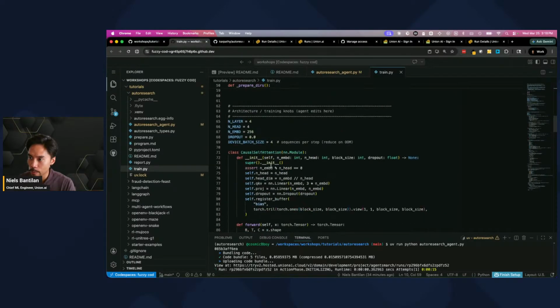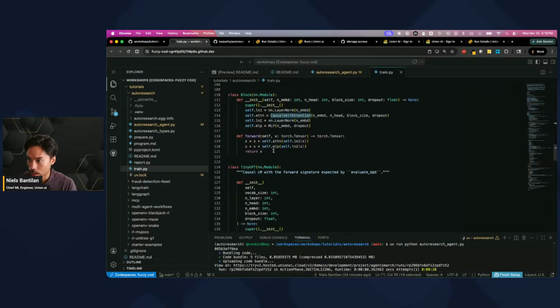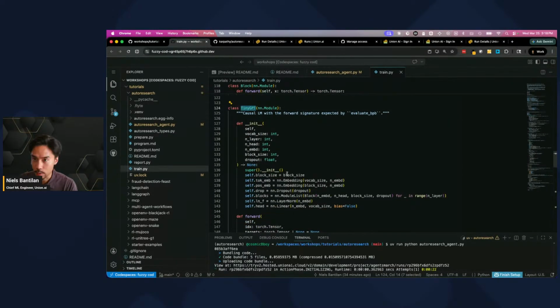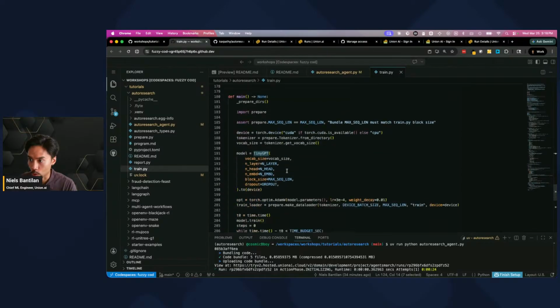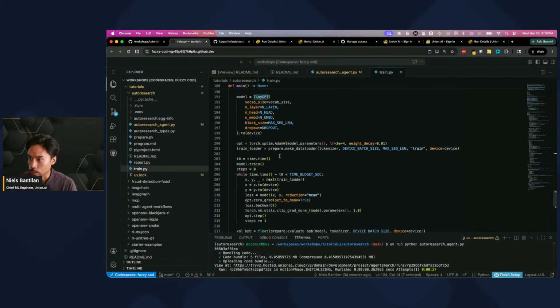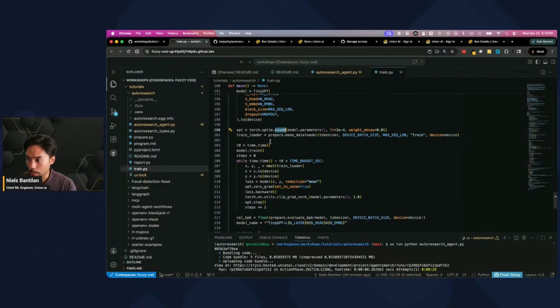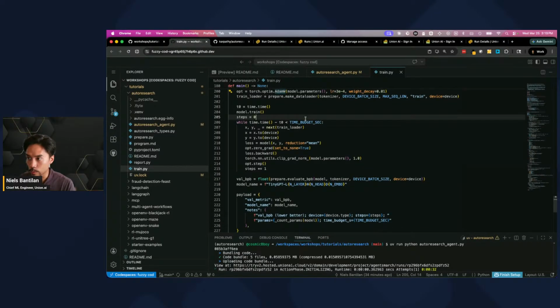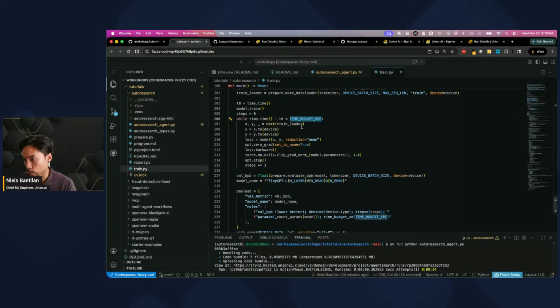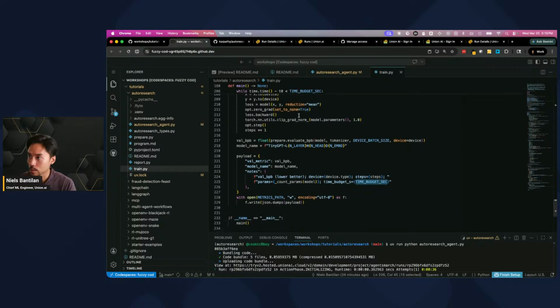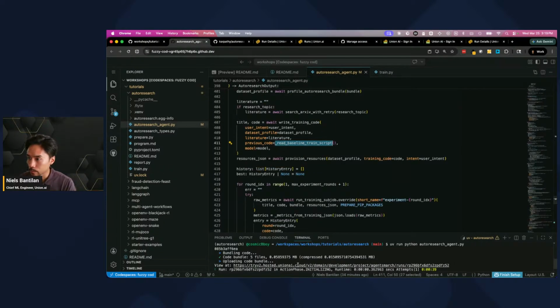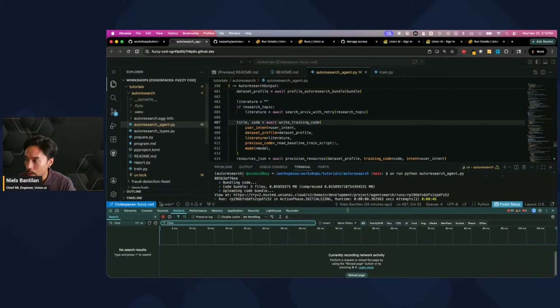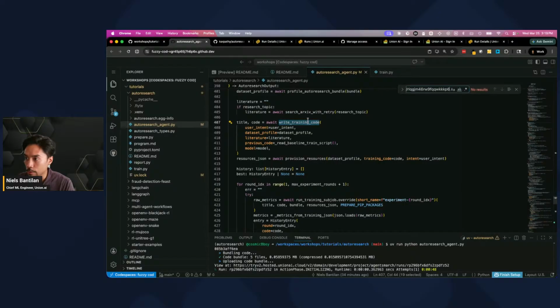As you can see, it uses PyTorch, implements causal self-attention, all the different components, defines a top-level tiny GPT module, uses Adam for its optimizers. It goes through a training loop within some time budget, which we set in this case to 60 seconds. And it takes in the literature, which is optional, takes in the dataset profile and user intent, and then you can find the training